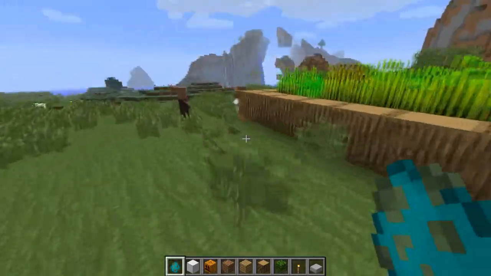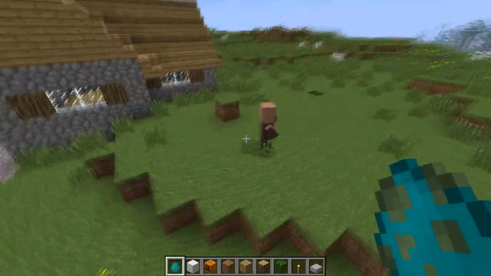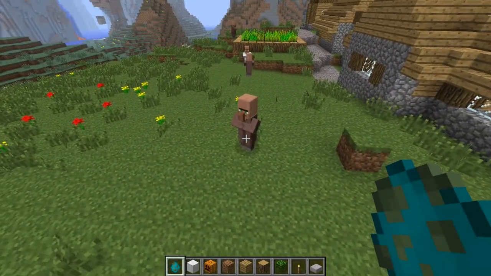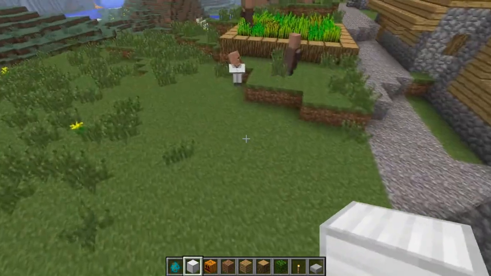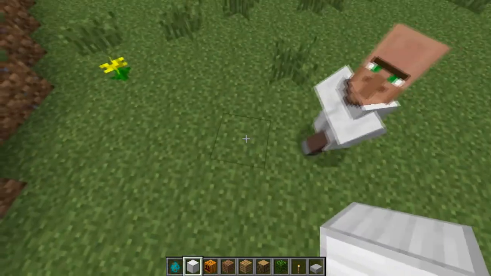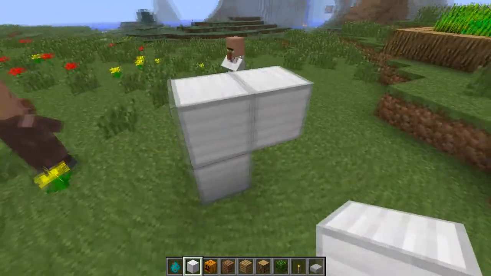Maybe, maybe not. More socializing. And you may be wondering, well, how are these villagers going to defend themselves? Because I might not always be around. That's why Mojang put in these little guys. Not little guys, that's a huge understatement. You should move. These are what we call